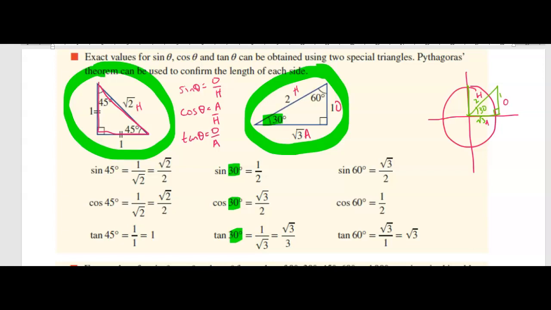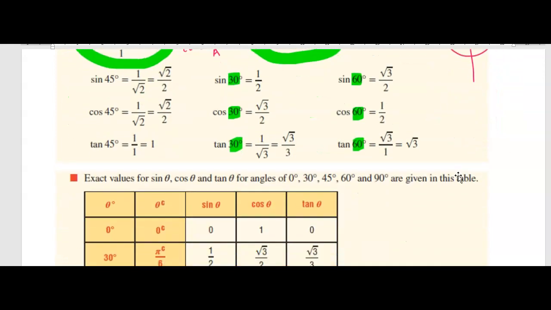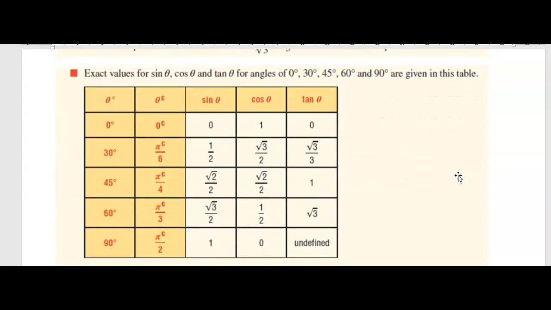For sine 60, we're now using 60 degrees. Obviously your opposite and adjacent sides change. So this is now your adjacent and this is your opposite side, and you use your trig ratios. So you've got 60 degrees there. These values you can use to help you remember the exact values, but I'll show you a way to help you remember